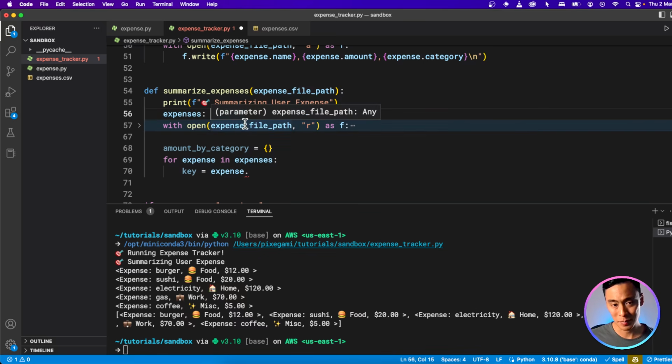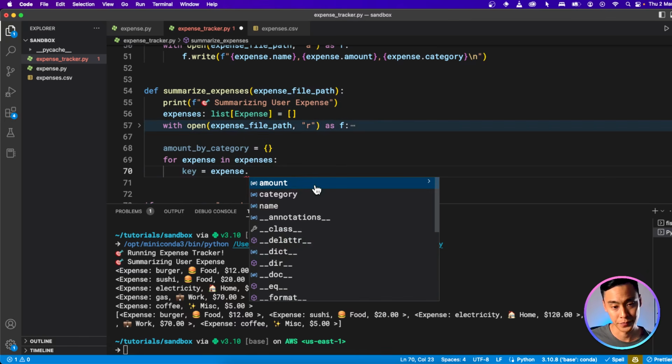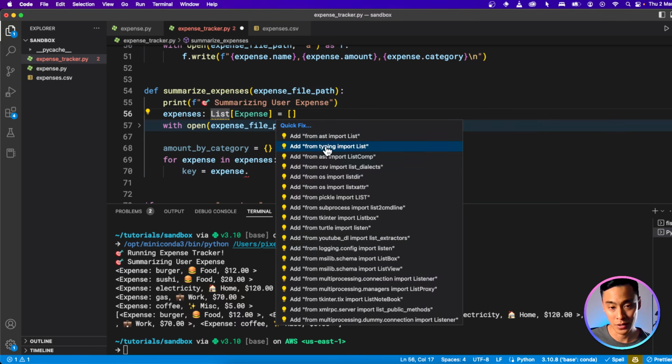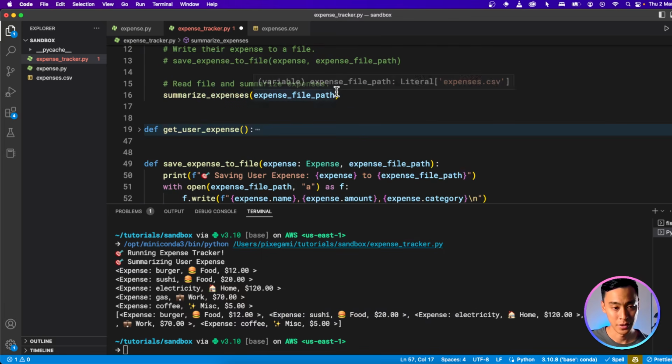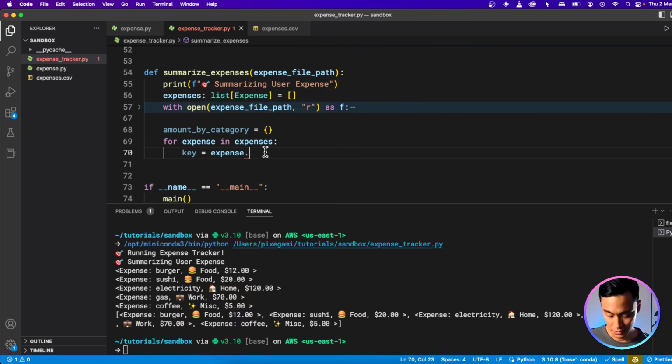So if you're using Python 3.10 and above, you can actually type list like this as an expense, and this will tell Python that this variable is a list of expenses, so that when we do loop it, we get our type hints. And if you're not using Python 3.10, you can still do this, but it's a little trickier. You have to instead type List in capitals, and then you have to import this library. So if you click on Quick Fix, it'll say import List from typing. So that's the line you need to make that work. But I am using Python 3.10, so I'm just going to undo that and then use this lowercase, and then you don't have to import anything. So now I have my type hints.